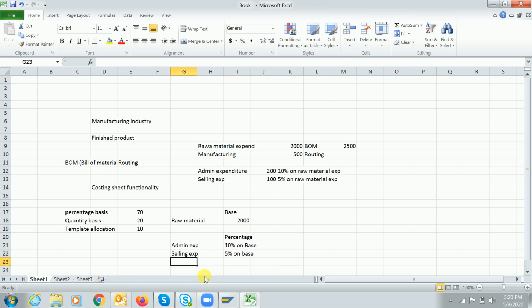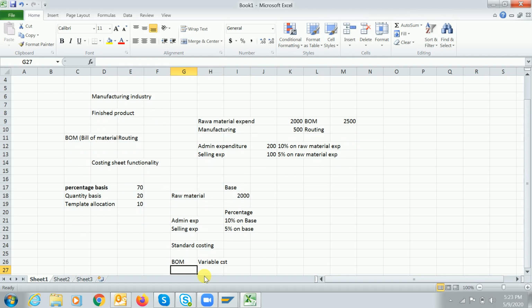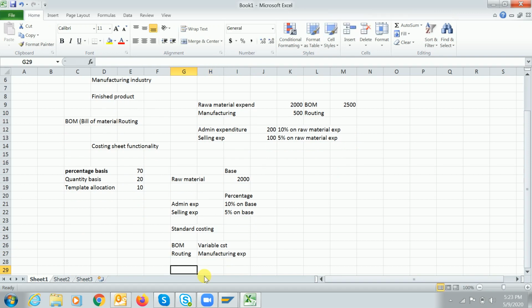While running the actual costing, standard costing, how will the system identify? Initially, while running the standard costing, the system will look into the BOM for the variable cost and routing for the manufacturing expenditure, and the system will look into the costing sheet for the administration expenditures.